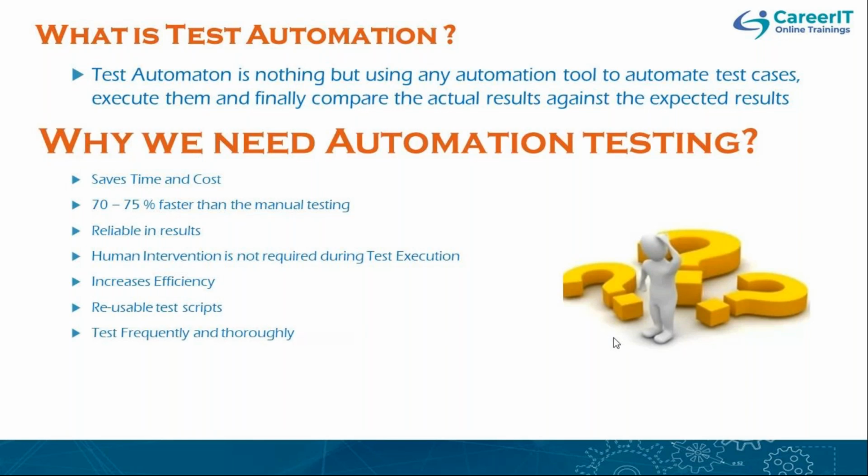Then you can run n number of times, guys. Frequently and thoroughly, whenever you want to run your automation script, you can run it in a day. You can run n number of times. You just need to run it and see. So that's why more cycles of execution can be achieved through automation. Today if you want to run your automation script 3 or 4 times to make sure your application is stable or not, you can run it, right? Because you just need to trigger it and leave it, that's it. It will take care of running and it will send the results back to us. But in case of manual testing, if you want to run multiple times, you have to sit in front of the machine.